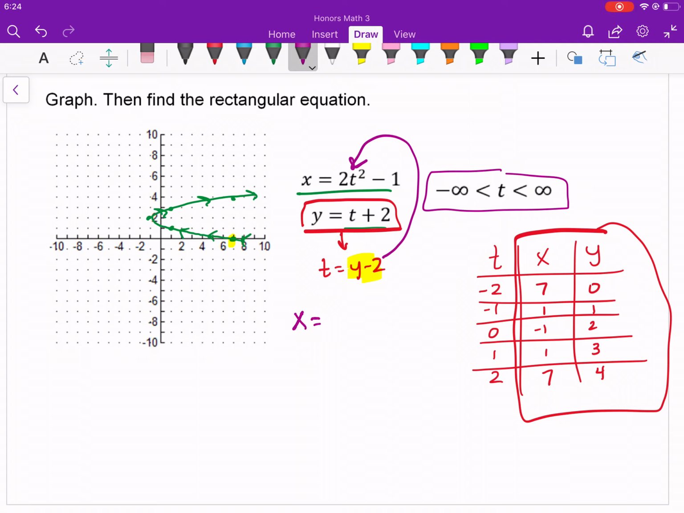So x is equal to 2 times y minus 2, that quantity squared, minus 1. Now, in this case, if you have something squared like that, I don't ever need you to FOIL those. Don't feel like you need to FOIL them. You can just go ahead and keep your answer just like